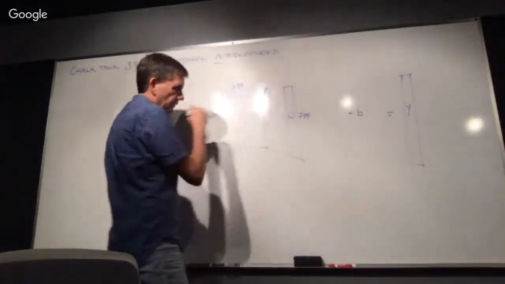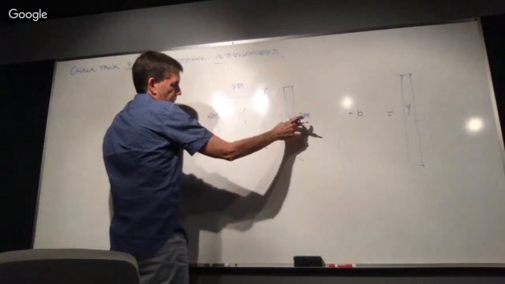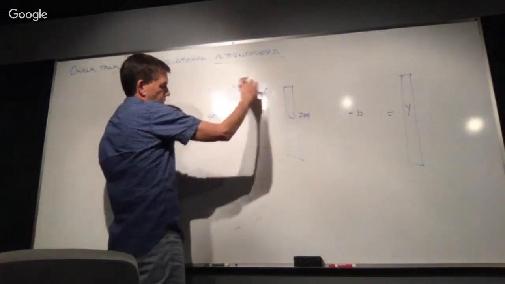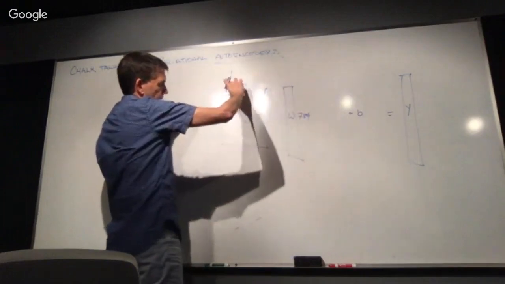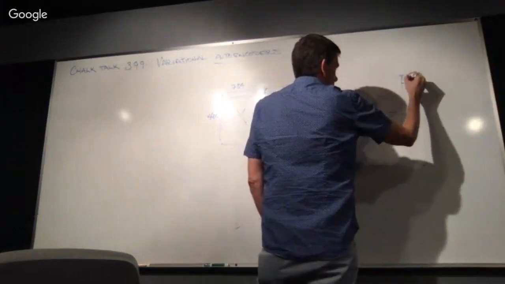So I'm going to take one image, multiply it by W, add B to it, and that is going to produce a value